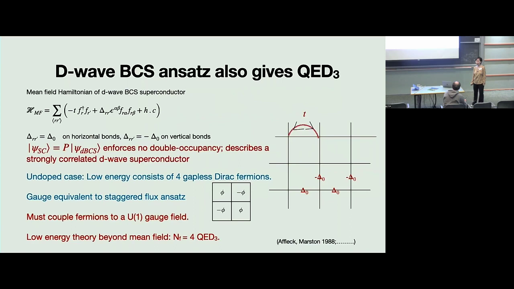I can comment if you don't mind. If one goes out of the staggered flux state by condensing chargons, then the chargons turn out to be two-component chargons from the PSG of the staggered flux phase. This was worked out by Nagaosa and Lee. Then you have to look at the quartic terms in the chargon Lagrangian, and depending on various parameters, it either goes to a D-wave superconductor or a spontaneous current phase. There are two possibilities. Oh, I see. Yeah. Thanks.